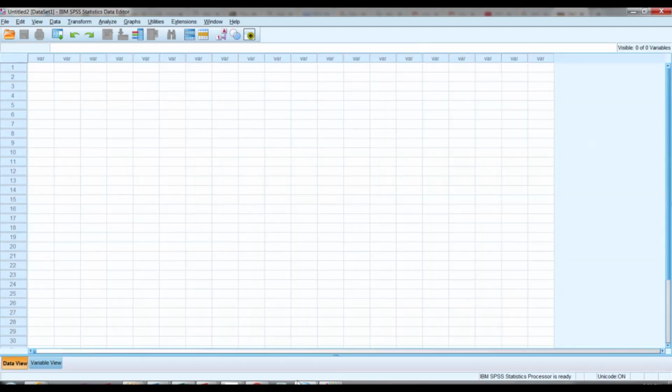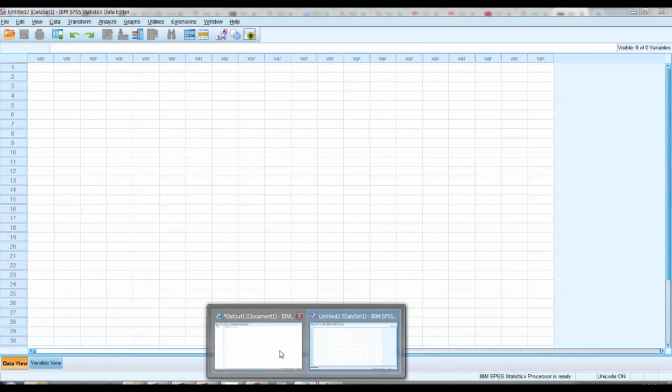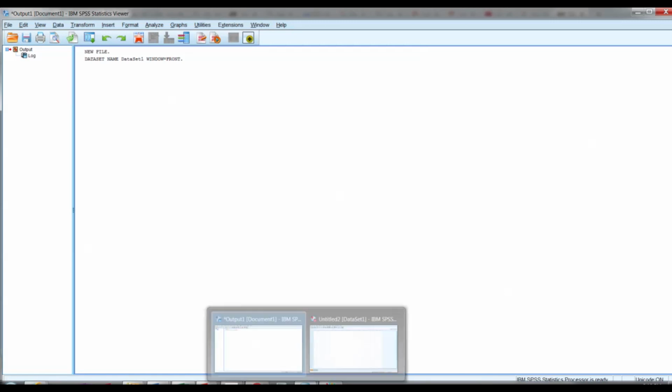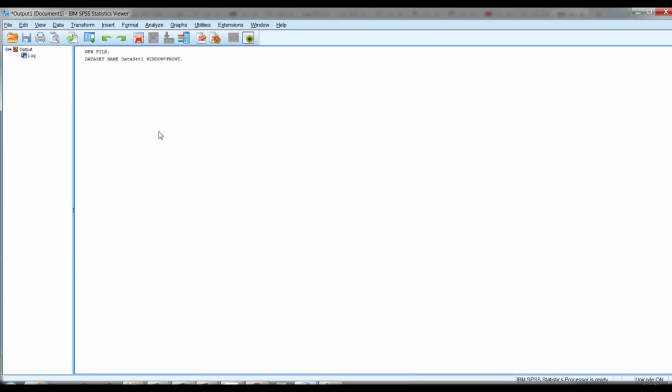And the other page that pops up is this, which is your output. Okay, and your output is where all your results go. So after you do your analysis, your results will pop up here. And the thing to remember is that you need to save this